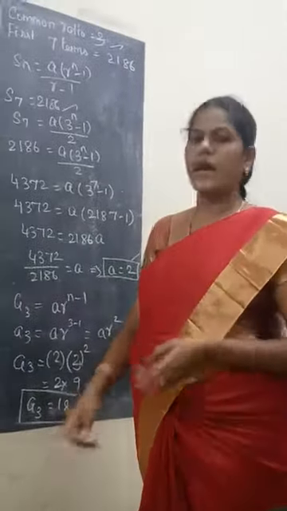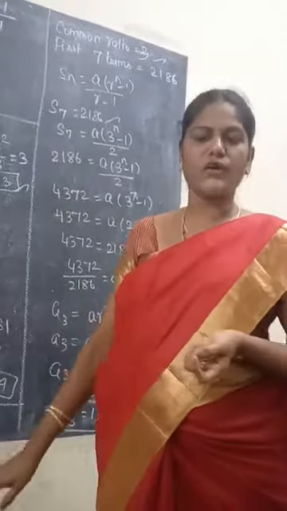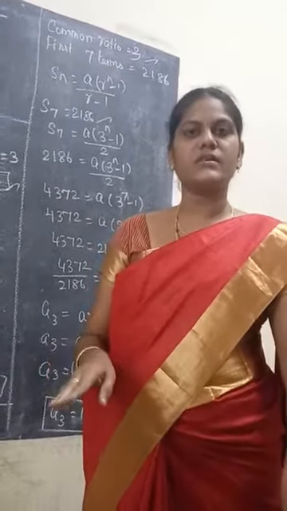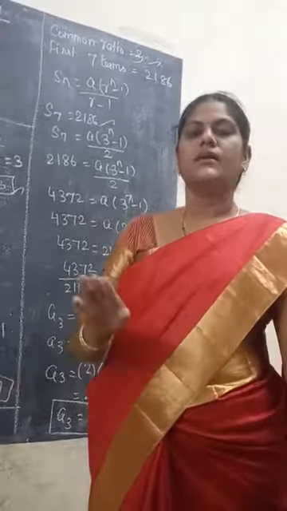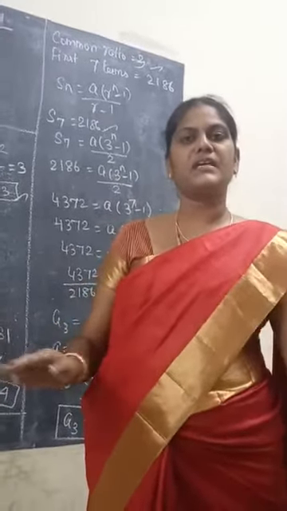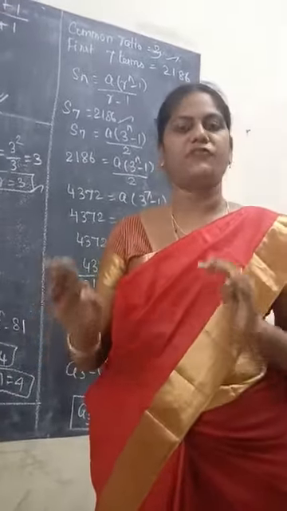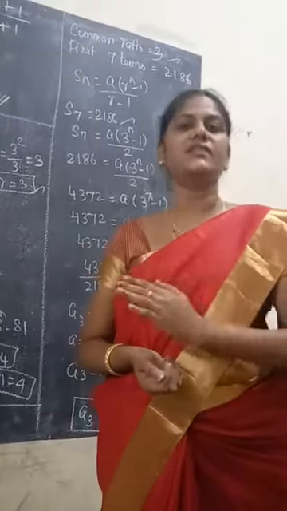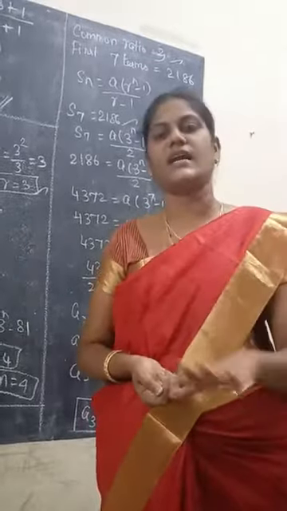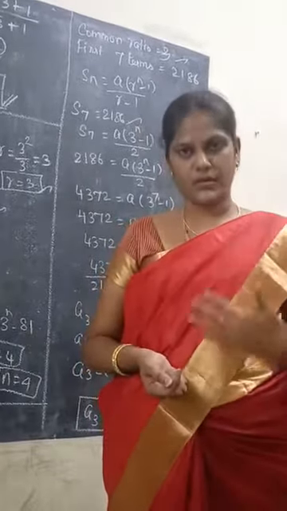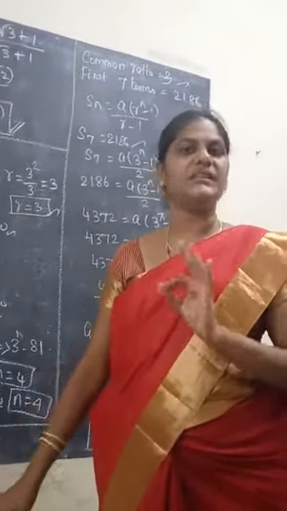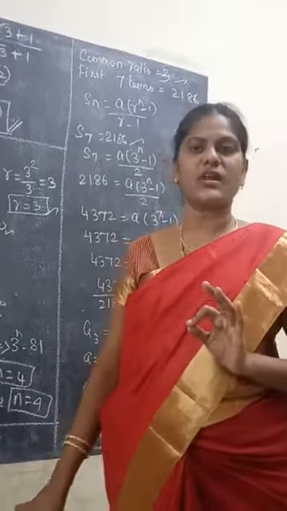Okay, listen children, up to this exercise 9.5 is over. So the remaining 3 or 4 sums I gave are homework sums. So do the homework sums, and the remaining sums do in the exercise. Listen now, AP and GP are both the same. Okay, the formula and the methods alone will change. Subtraction becomes division, addition becomes multiplication, that condition alone changes. The proceeding method is the same. Will you understand, children? So up to this the AP GP series is over. I mean this 9th chapter is entirely over, children. If you have any doubt as